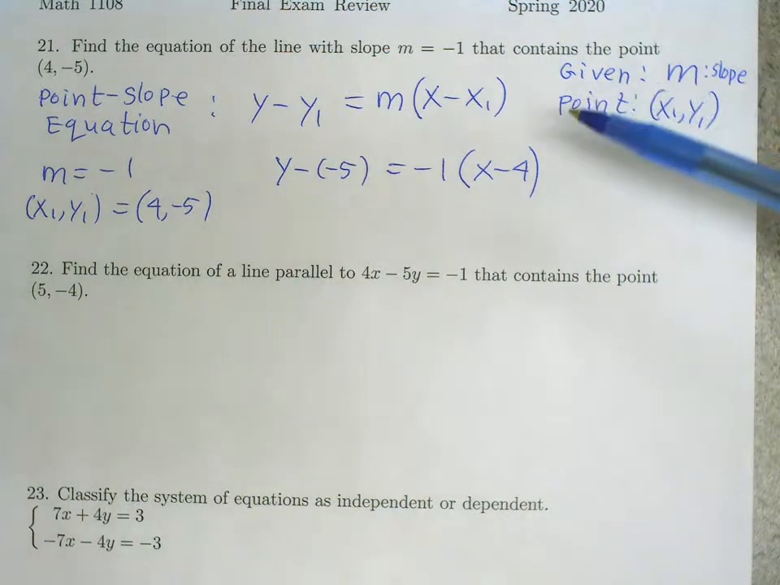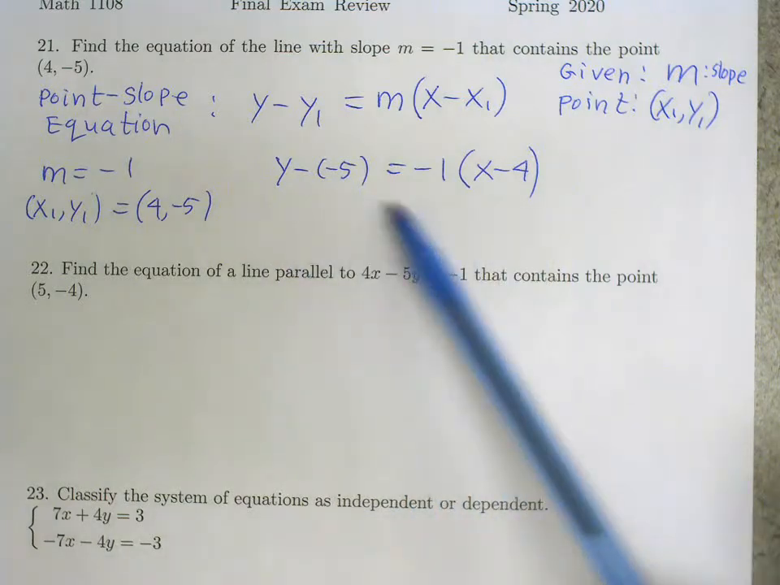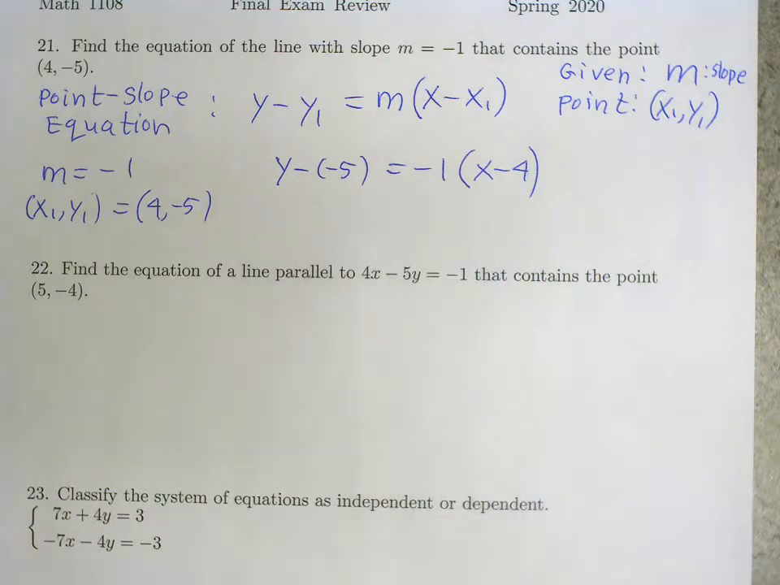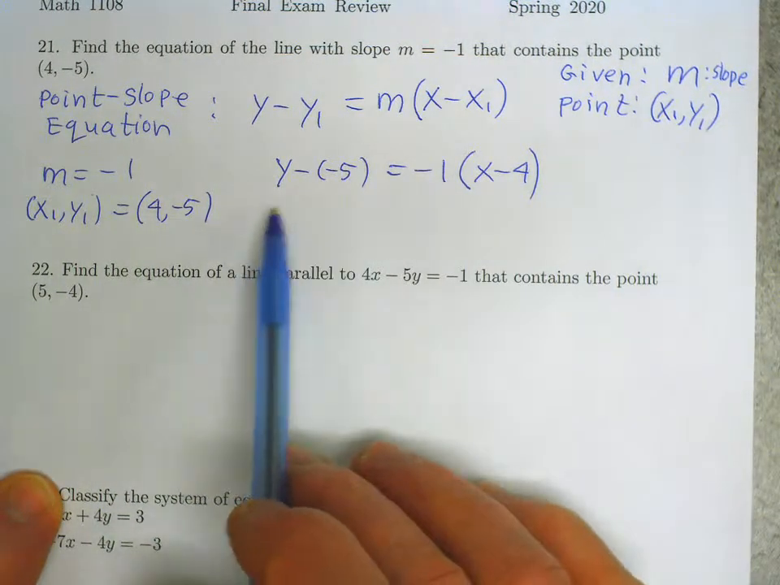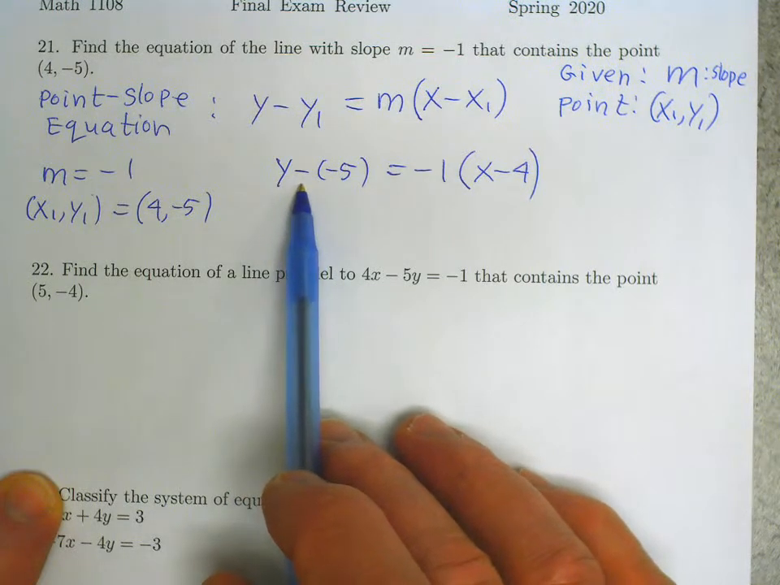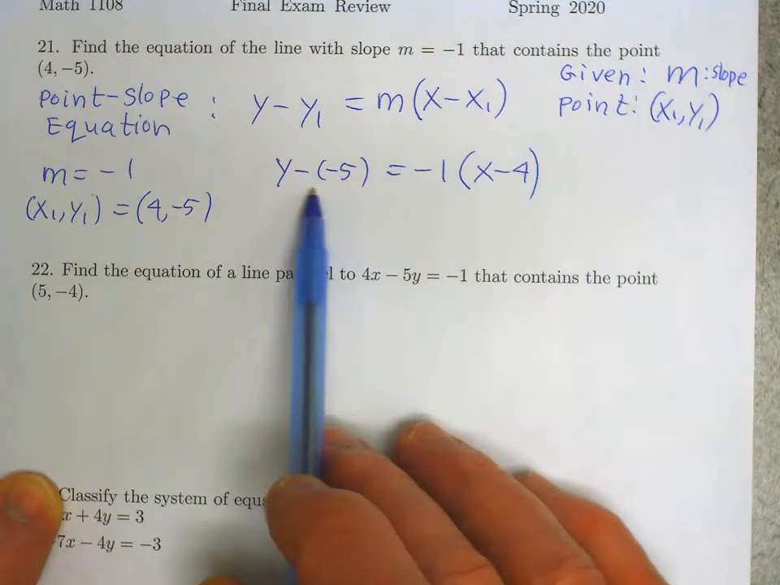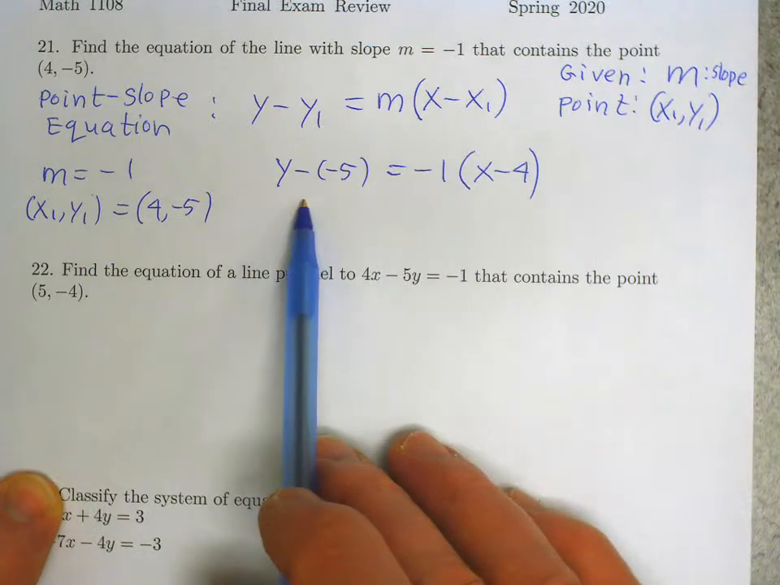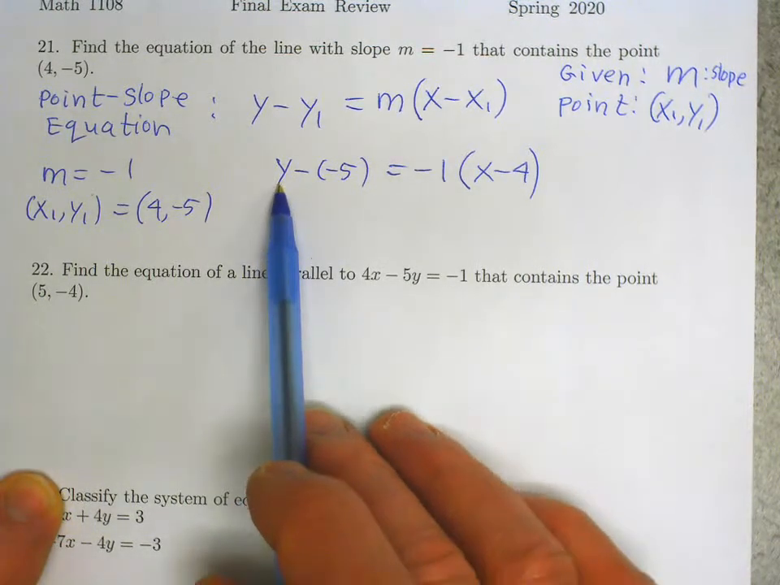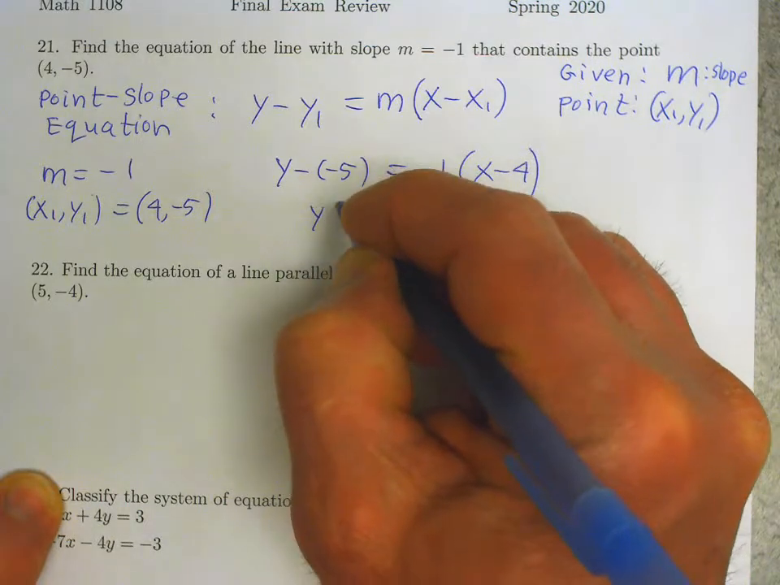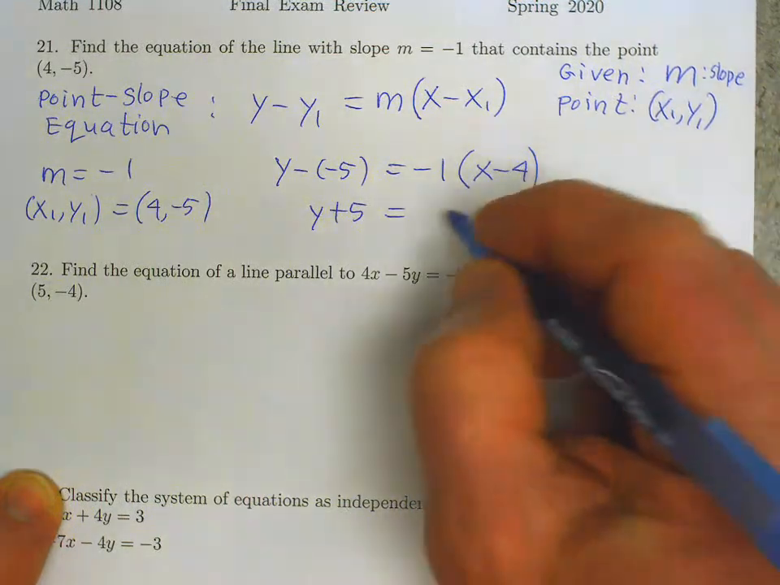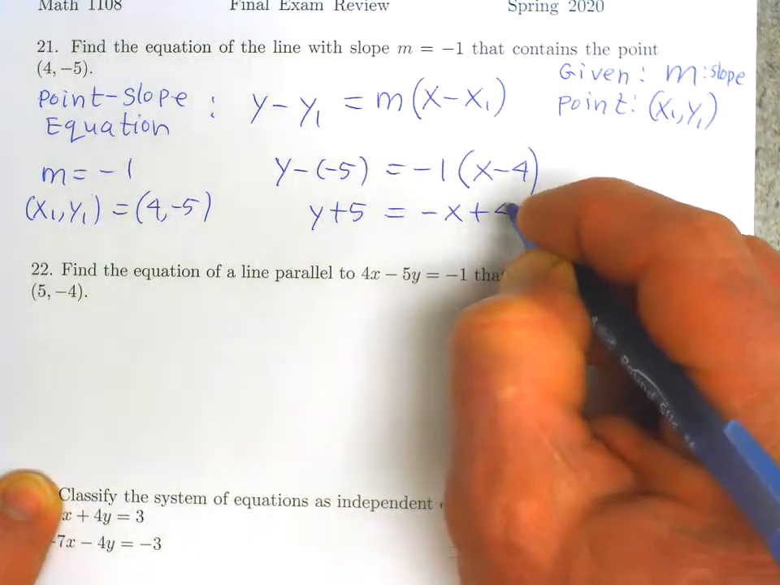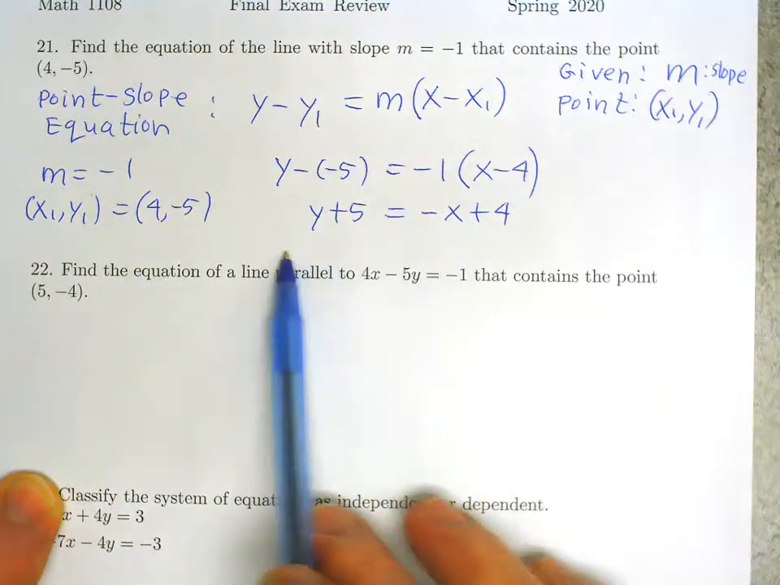Okay, if you're writing your answer on paper, technically this is an acceptable answer, but if you're going to end up typing it into Newton, it will probably react negatively if you type it in this way. So you should do a little bit more arithmetic. Y minus -5 is y plus 5. And then -1 times the quantity x minus 4 is -x plus 4. This is more acceptable,